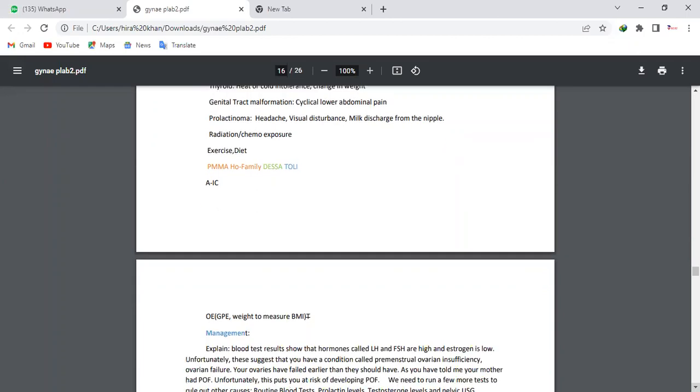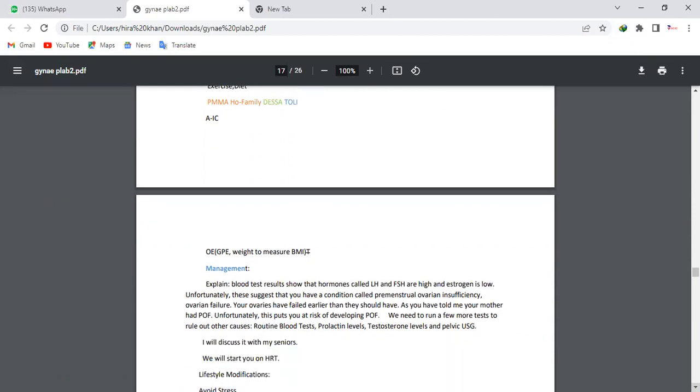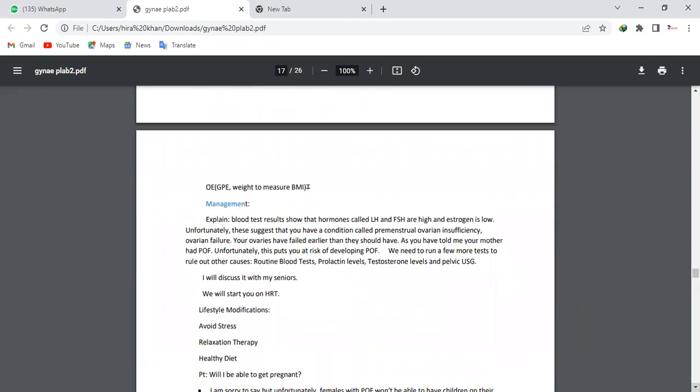And then here the family history is very important, people, because premature ovarian insufficiency can run in the family. So you have to ask, by any chance do you have a similar history in your family? The patient might say, I have a history of this in my mother or in my sister. And then on examination, the important thing is the general physical examination and weight, because BMI, estrogen, the changes in the hormonal levels do have an impact on the weight. So you have to ask them.